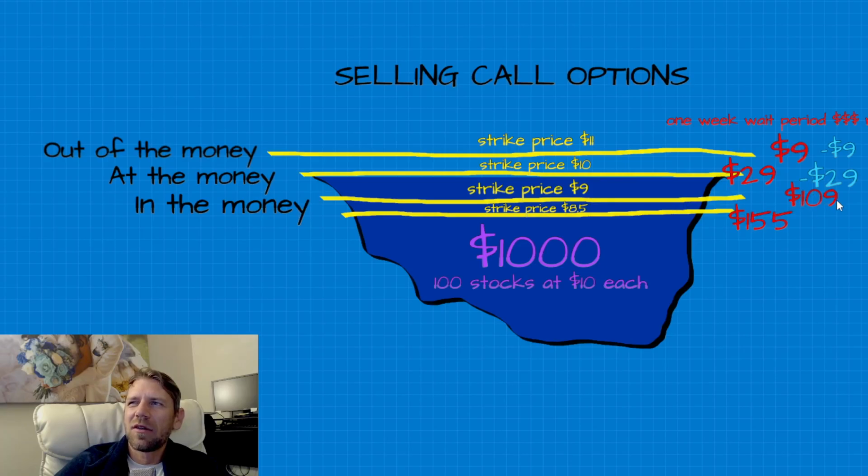So it's going to be $100 and something. You're going to receive that money up front, just like all the other options. And again, you're going to have a liability of $109,